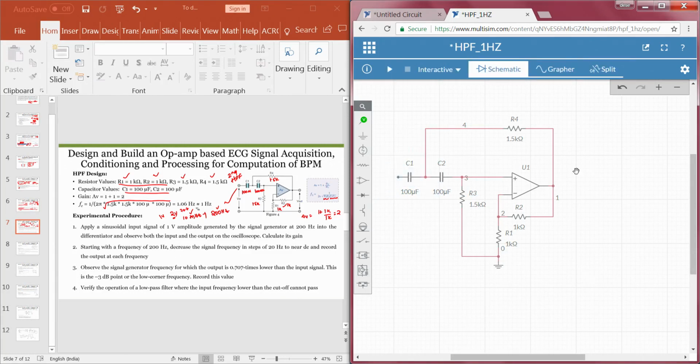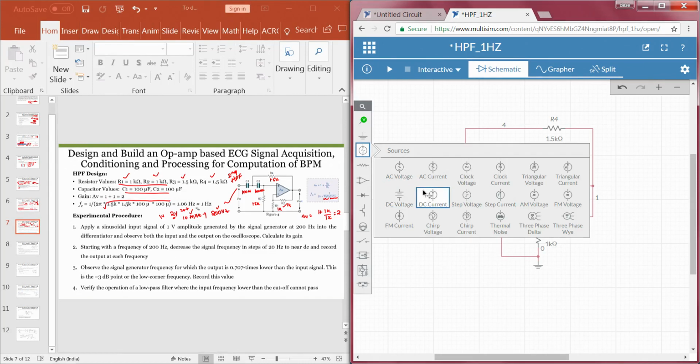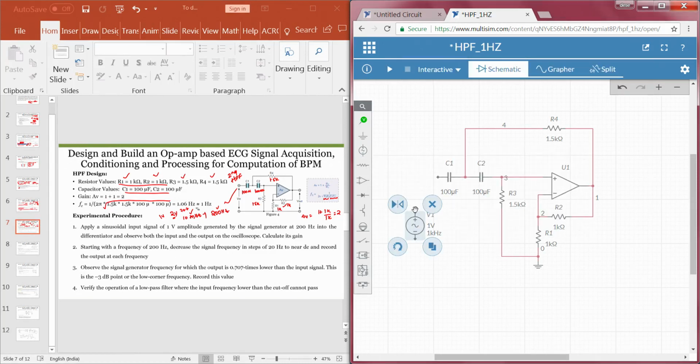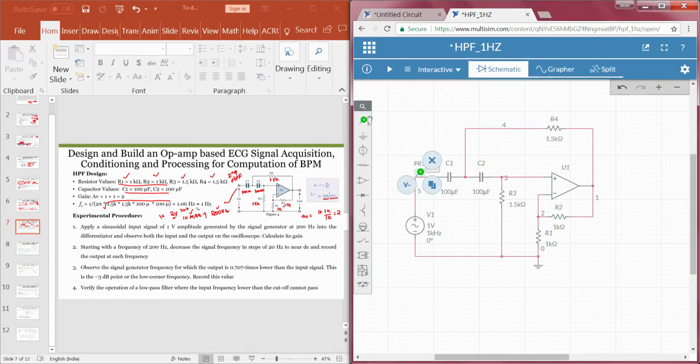So, with this combination of circuit we can observe high pass filtering at a cutoff frequency of 1 Hz. In order to observe that signal, we have to connect the input source. So, I will take an AC voltage, I will connect it here and this is grounded. One probe I will be connecting at the input, and the other is at the output side, so both the input and output I can visualize. The green color represents the input signal and the blue color represents the output.